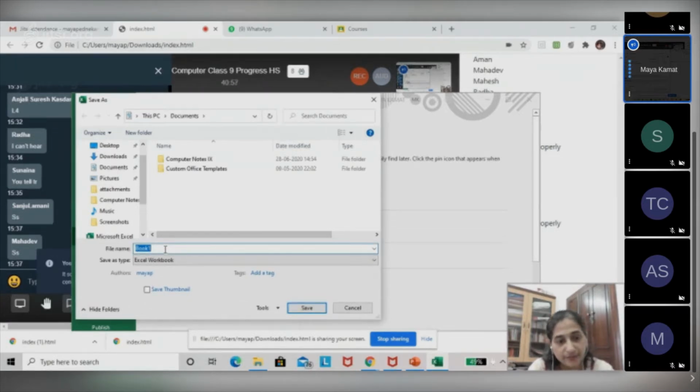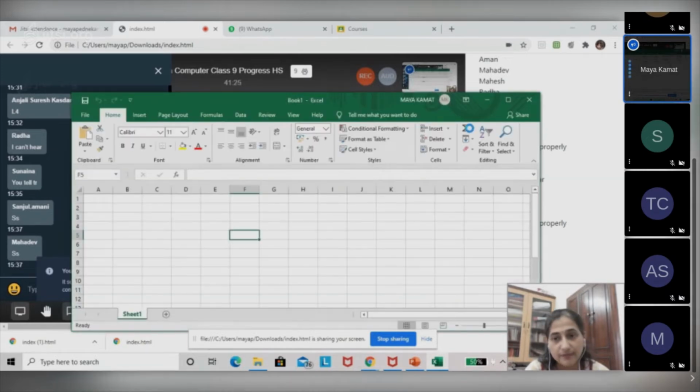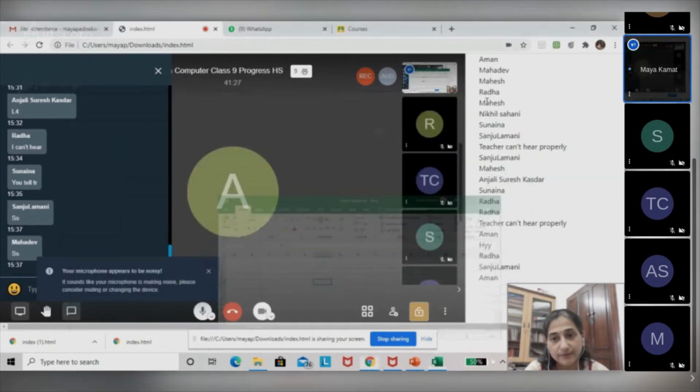That is, if you do not give any name, it will name it as Book1. I want to name it here. So if I give a proper name, I'm saving it on the desktop. See, I've chosen the desktop as the base for my file. The name of the file is Maya practice file, and I've clicked on Save. Let's trace the file where it is saved.